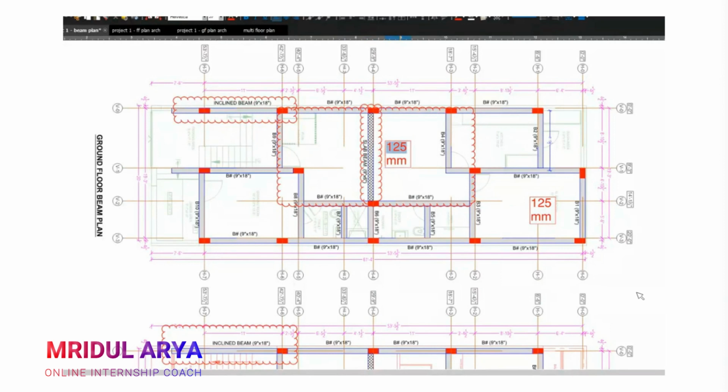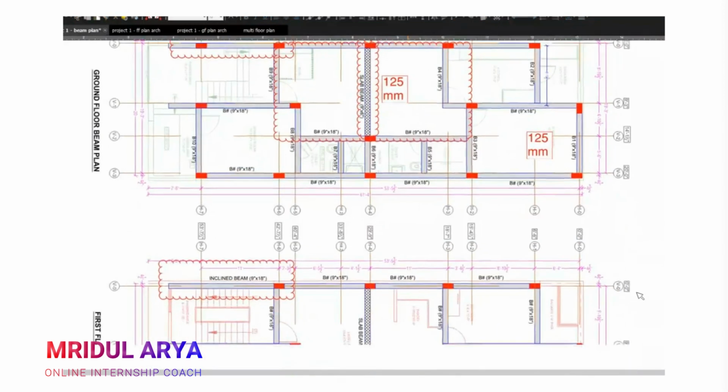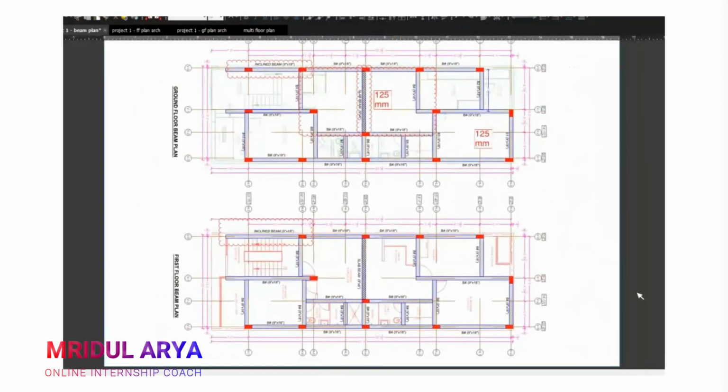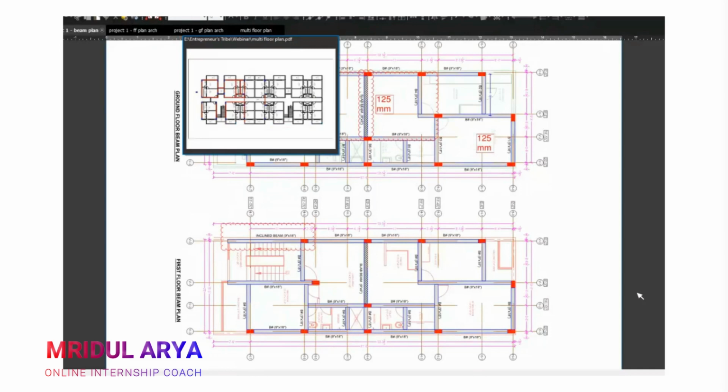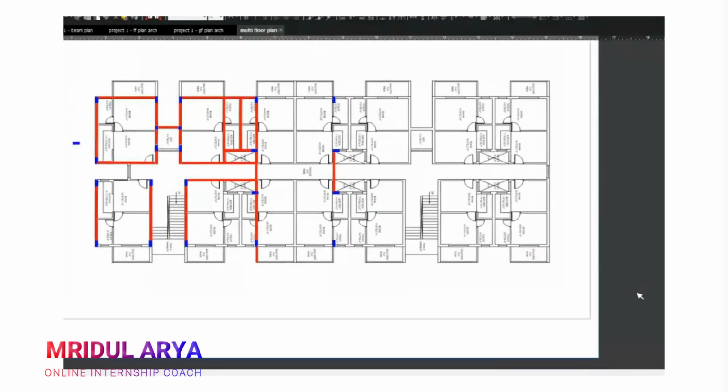But my design should pass for 125 mm. It's not that my design is passing for 150 mm and I will just assume that my beam will be here and design it for 125 mm. That will not be the case, but my design should definitely pass for 125 mm. Now that we have completed that, next we'll move to level 1.